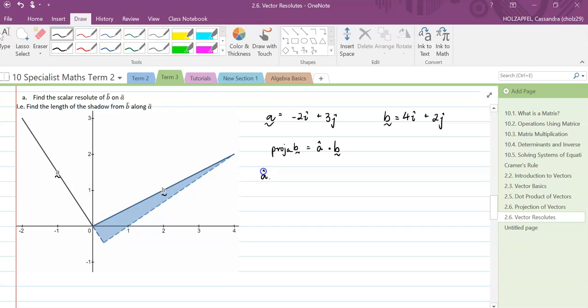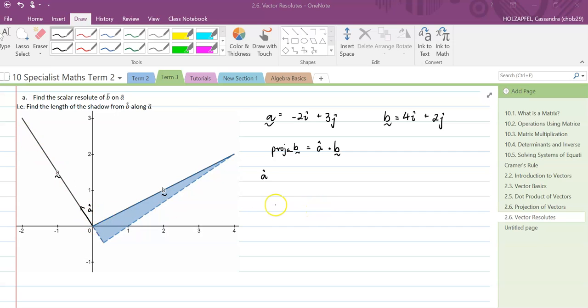So to find our unit vector A, remembering that the unit vector is the vector that's acting in the same direction as A, but only has a magnitude or a length of 1. So in other words, this vector about here. So we're going to find the magnitude of our original vector first, and then we're going to divide through by